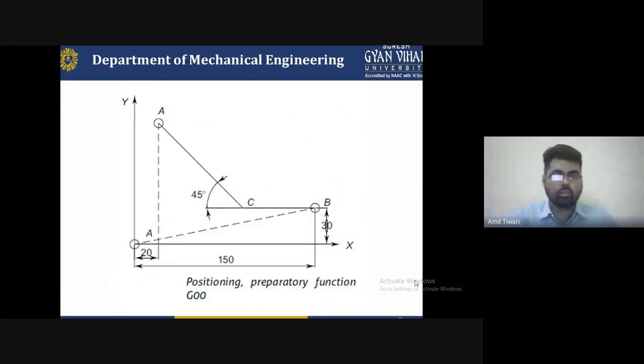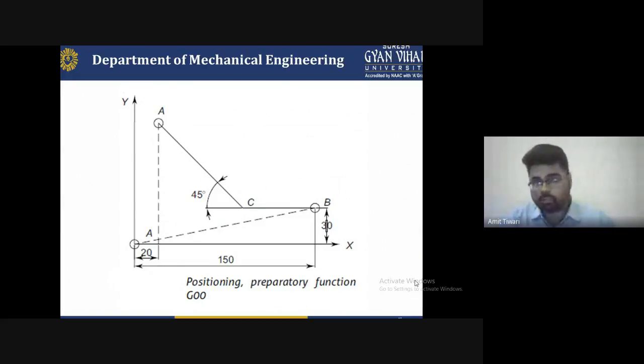With the help of this, you set the position from A to B, A to C, and C to B. On the data line, it is from OX to OY. From O to X the distance is 150. From X the height is 30, and set the angle from C, that is 45 degrees, connecting with point A, and A to B has a direction. You connect A or B with the O axis and make an angle of about 45 degrees.